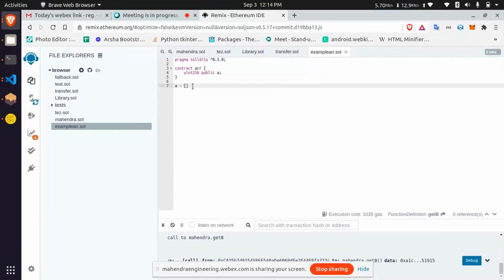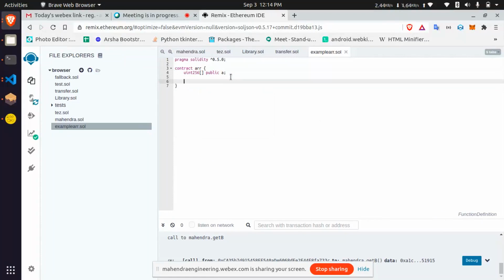So we need to define it like this, and then we are going to store the values in the array. For example, function setValue, function name, and then uint256 underscore e.